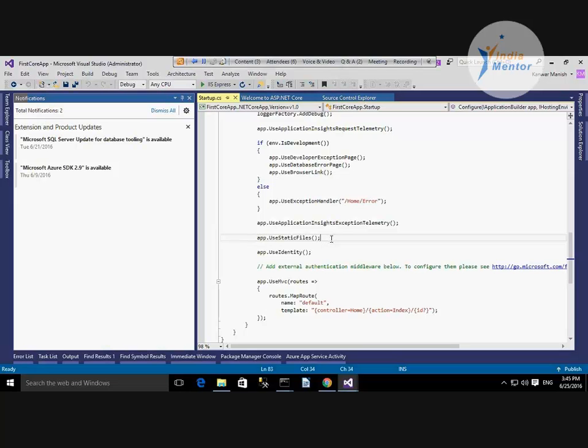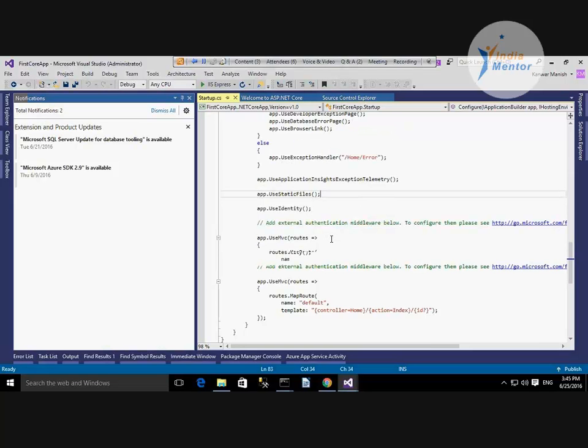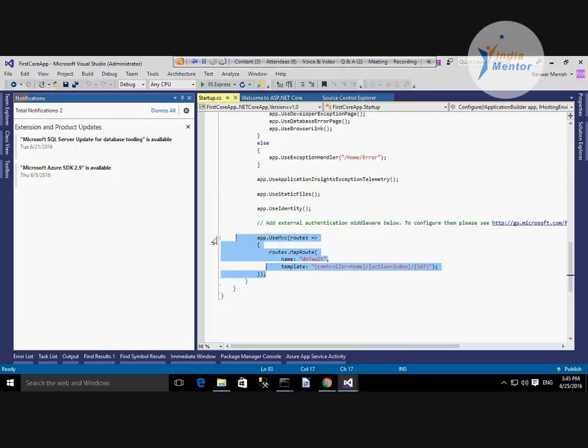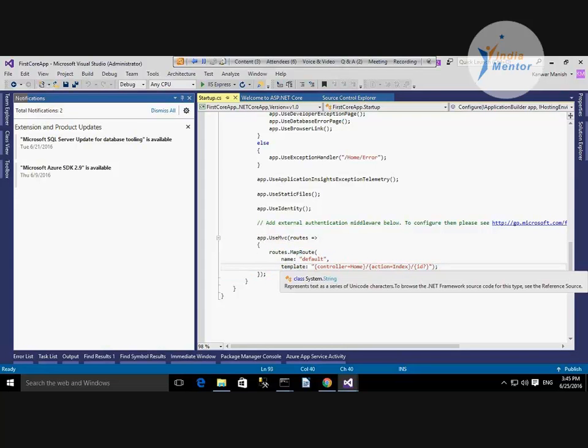Now what happens if you are asking for a page which you intended to serve through your controllers, in a very similar fashion to a regular MVC application? It knows from where to pick up your controllers and how to match your views.